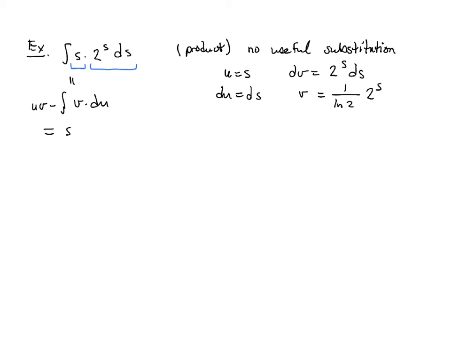So my u is s, my v is 1 over ln of 2 times 2 to the s, subtract the antiderivative of v, which is 1 over ln of 2, 2 to the s, times du, which is just ds. And this, if you haven't seen this technique before, this may not look like we've made any progress, but when we simplify,